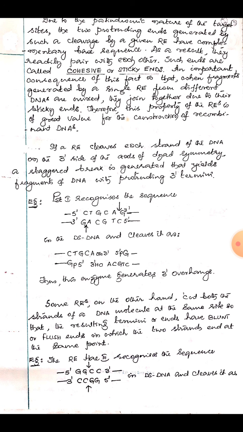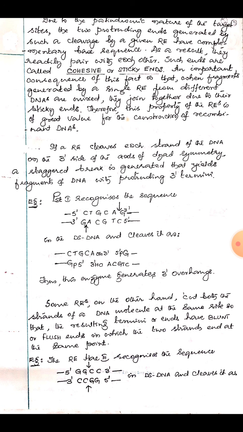On the other strand also, CTGCAG. Now look at the arrow marks here. They don't cut at the 5' ends, but the enzyme cuts at the 3' end. As a result, the cleavage product will have 3' overhangs. Here also the end product is staggered only, but it is not 5', it is 3' overhangs. Thus, EcoR1 produces 5' overhangs, whereas PstI produces 3' overhangs. So these are two things which you have to understand when you talk about staggered ends.